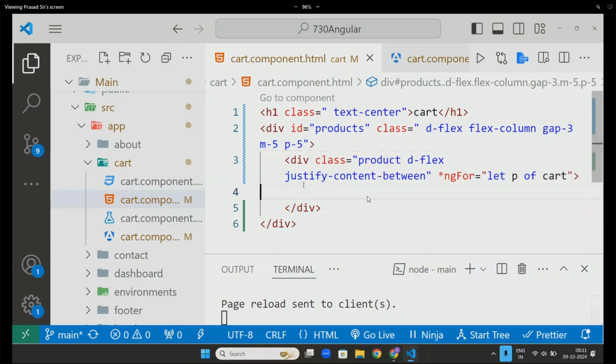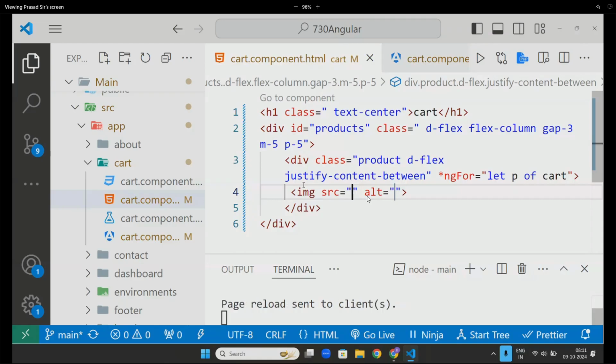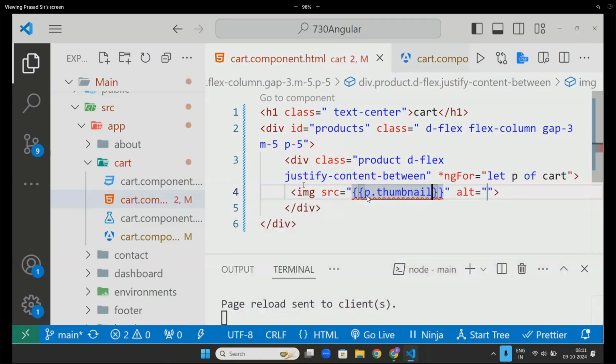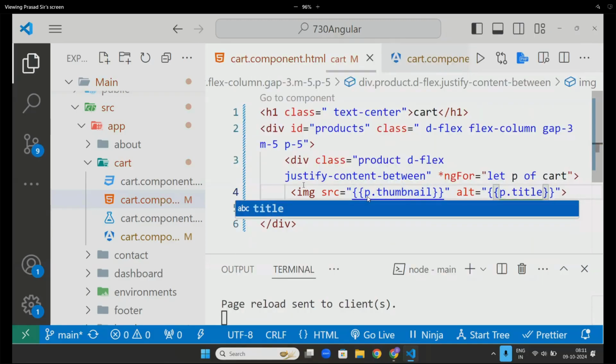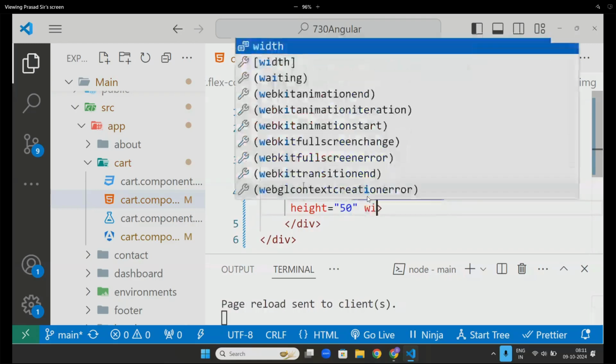Now inside this, what will you put? An img tag. Inside the img, p.thumbnail. I already know that it is a thumbnail. Then here, p.title. Then here, height 50, width 50.